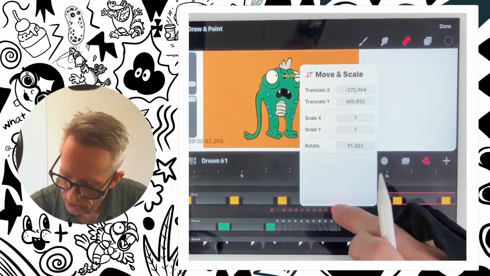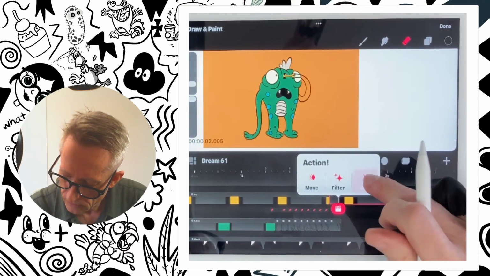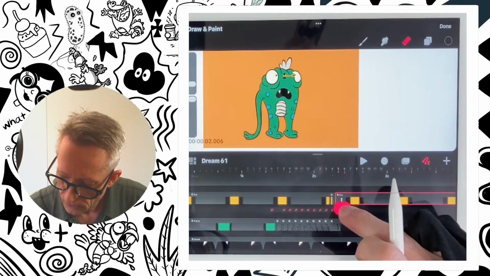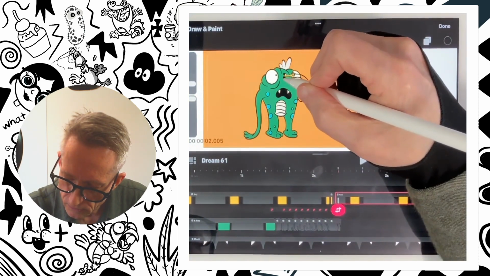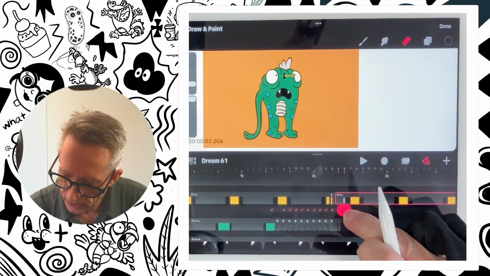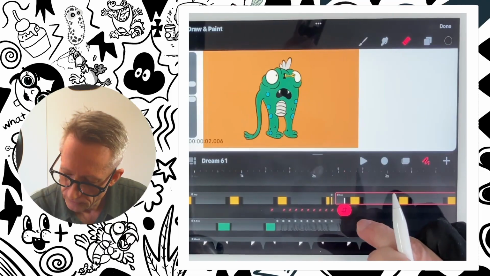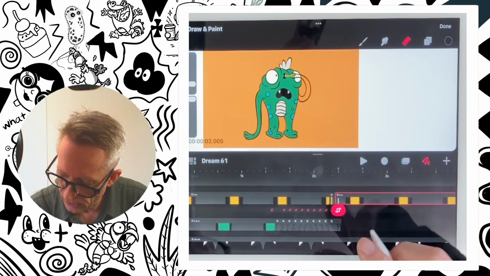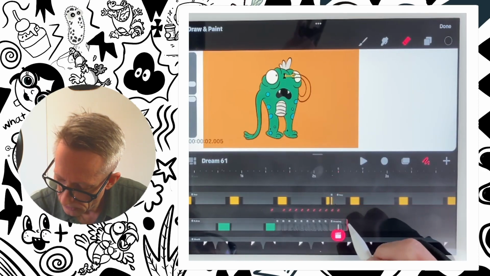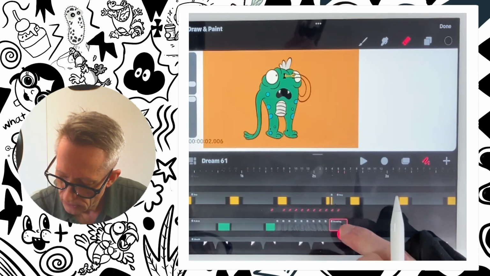All right, and then we're going to split it again. I'm going to erase a little bit more of it, so it looks like it's going in there. All right, and that's where his arm ends, so we need to stretch that arm a little bit more. So let's